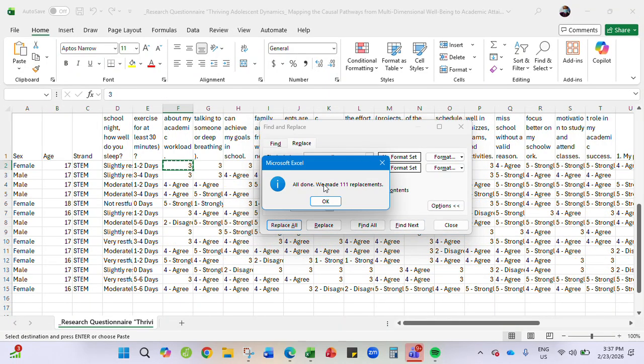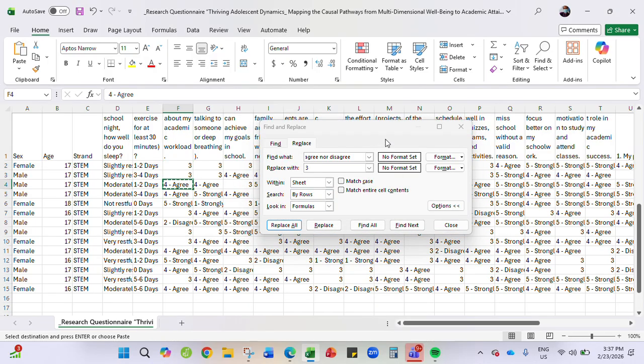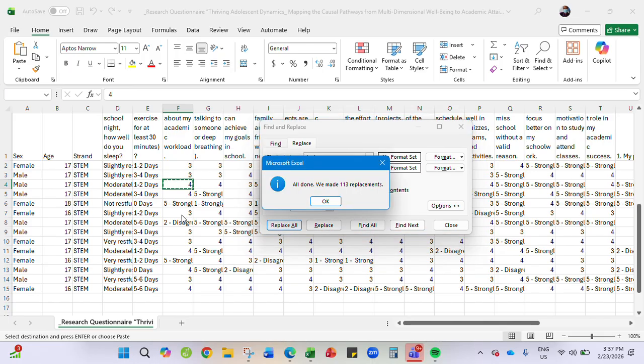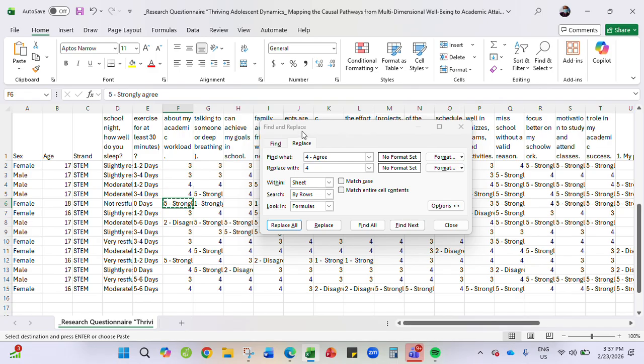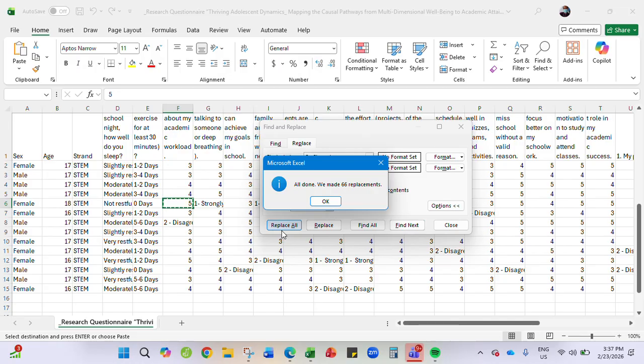Next, following this one, copying that, then this is 4. Replace all. Okay, and then this one, 5. So I can now replace that. Okay, good. And then we have 2.